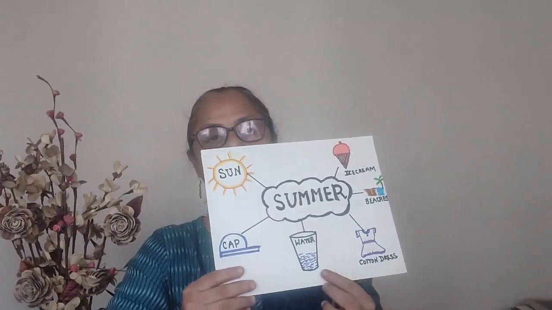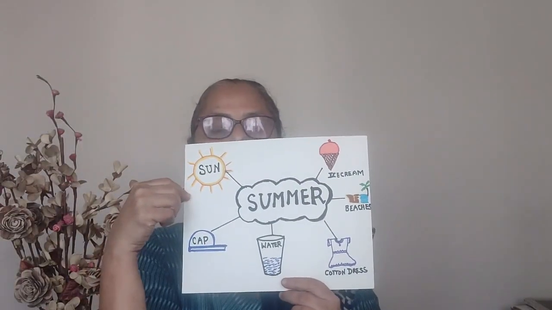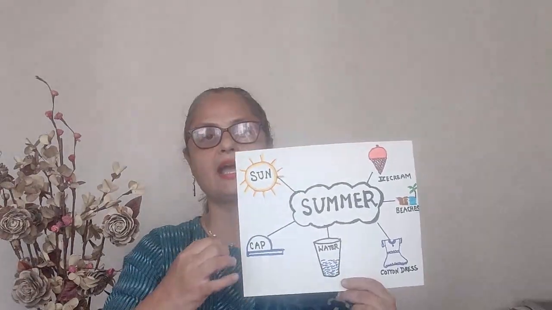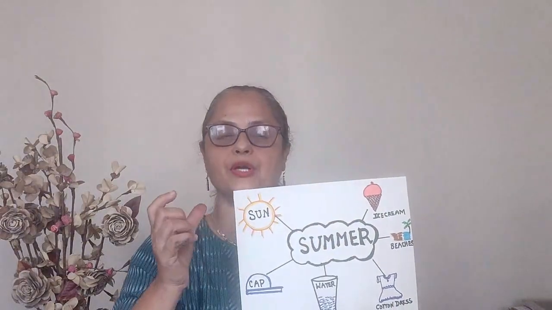Second point, tip number 2, is in a classroom or at home, you can do this simple activity. Put a word on the board and ask the children to brainstorm it. For example, they may say sun, ice cream, beaches, they may say water, cotton dress, cap. They may say various words, and this helps them to correlate a particular season with various words, and then